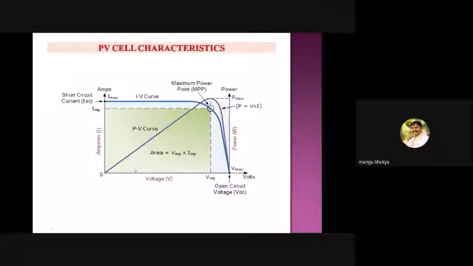Okay, so this is about the characteristics, the behavior of this one. The behavior of the PV cell is different before MPP. If you see this one, it is delivering a constant current. You can see the characteristics. Before MPP, it is behaving like a constant current source. Why am I calling it a constant current source? It is giving almost constant current from the panel.